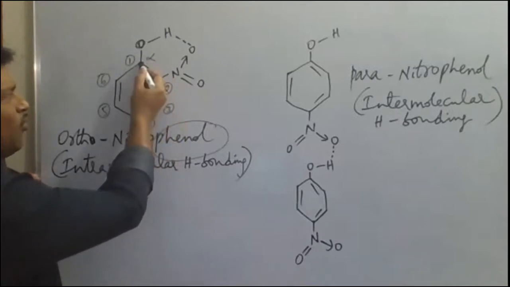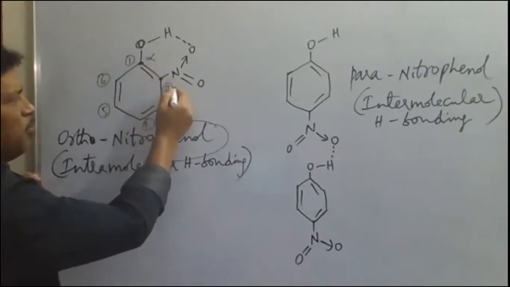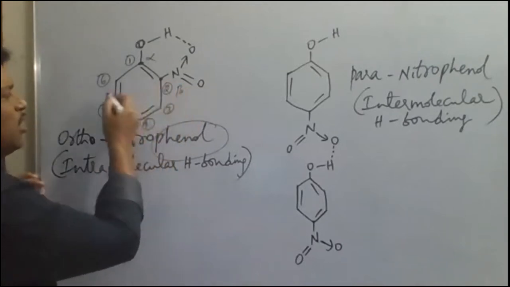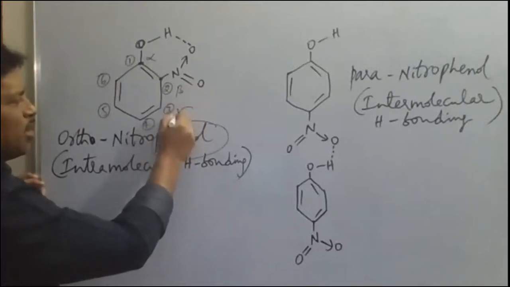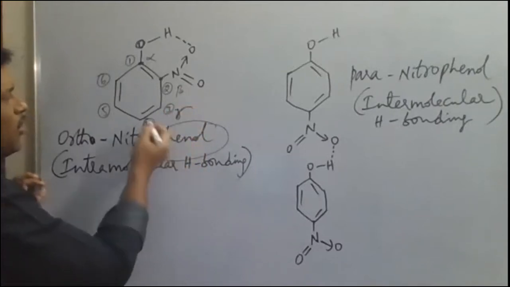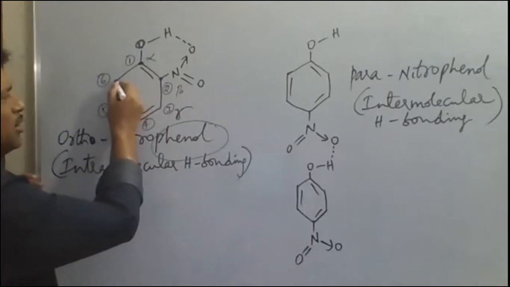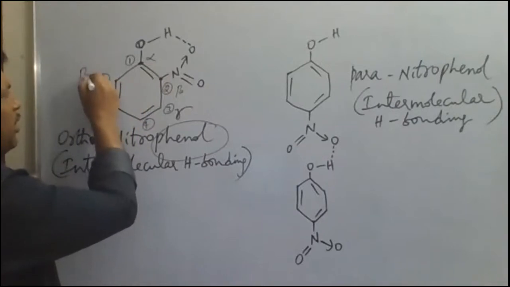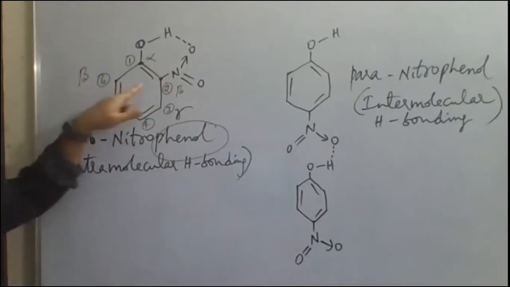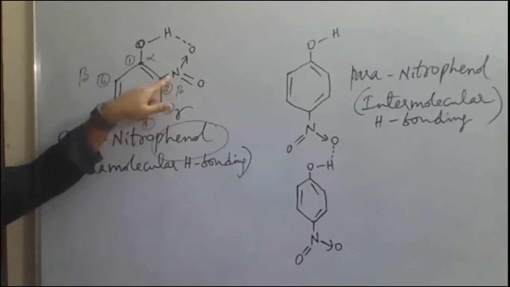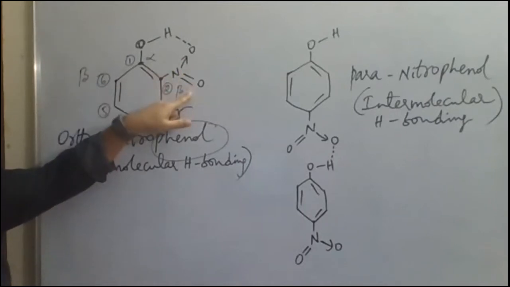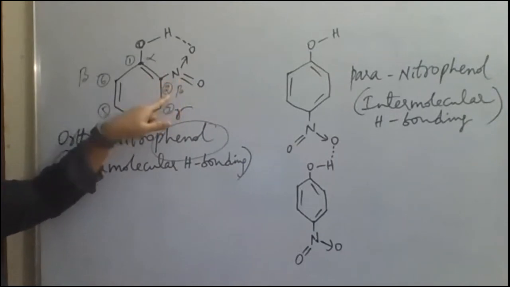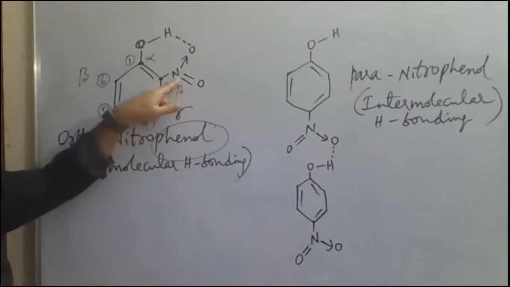Whatever is attached to the alpha carbon is called the beta carbon. The second carbon is taken as the beta carbon. Whatever is attached to this beta carbon is called the gamma carbon. The sixth carbon, which is also attached directly to the alpha carbon, is also a beta carbon here. So the beta carbon is the sixth one as well as the second one. Now on the second carbon, the NO2 group is attached. So it is 2-nitro, otherwise beta nitro.